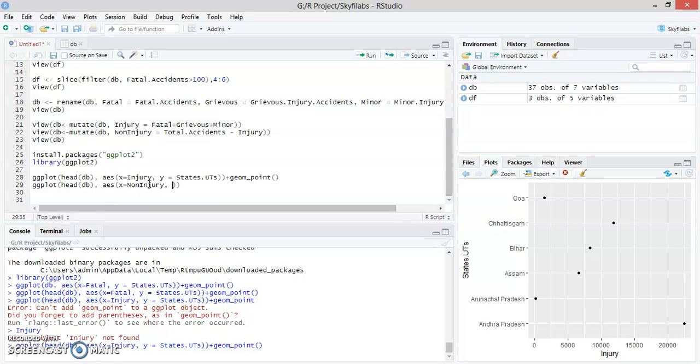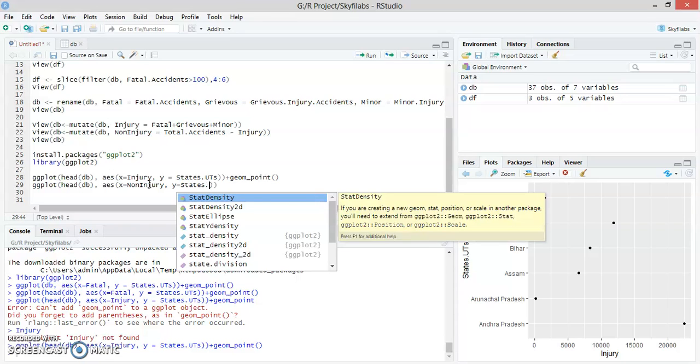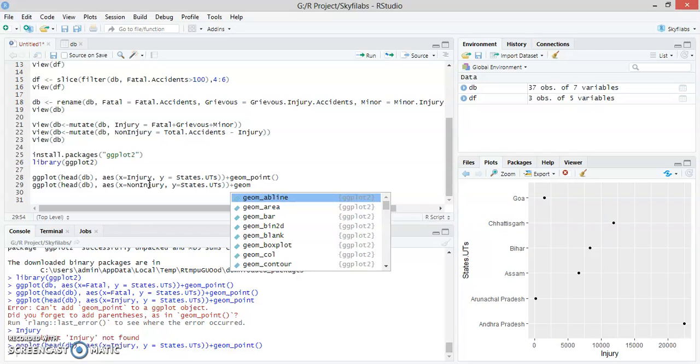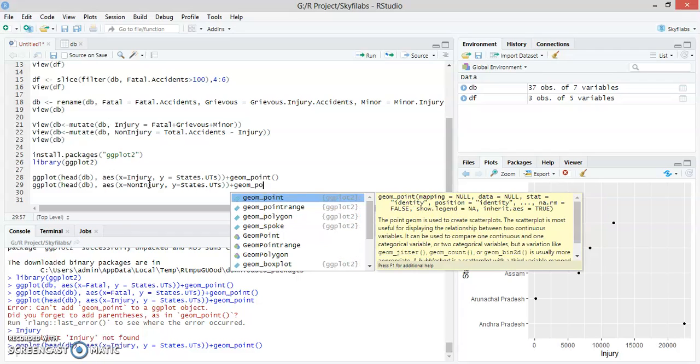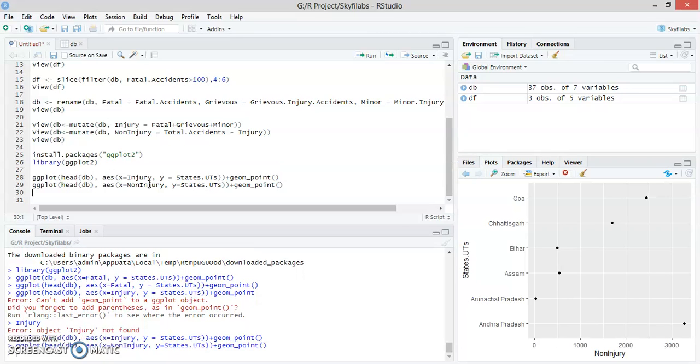Non-injury, comma, y, again the same name of the column, states.UTs, and we are using the same type of plot, that is point. So this graph shows us the non-injury data.